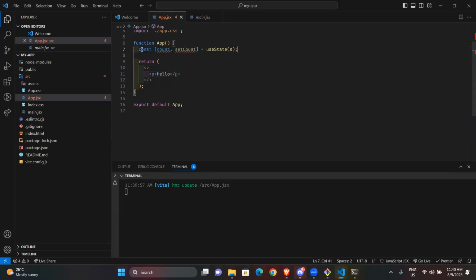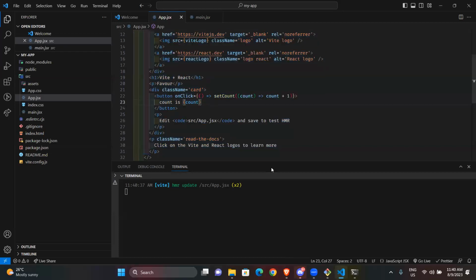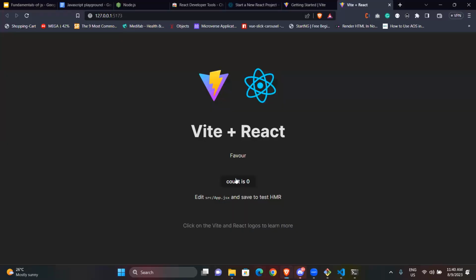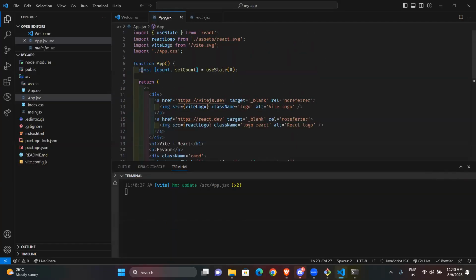Now, we'll learn about this over time. This is just you managing your states inside here. If you check very well, you have a button here. If you check this page now, you have this count equals 0. When you click on it, it increases. What is helping it out is this state.